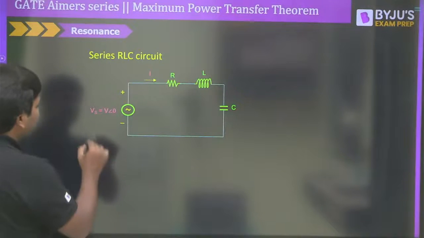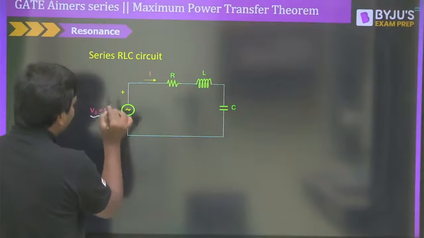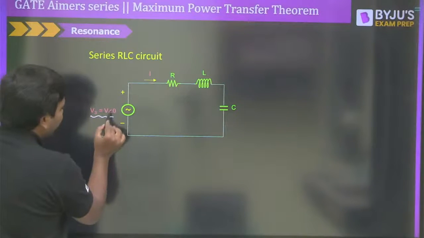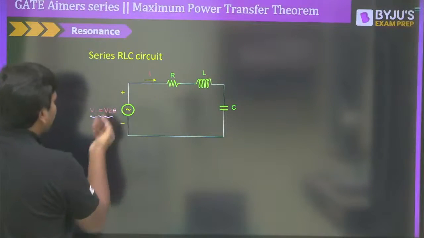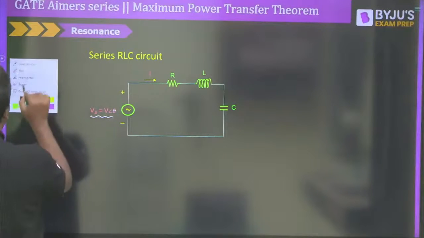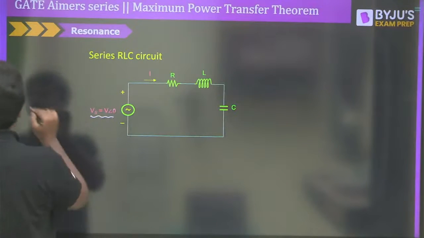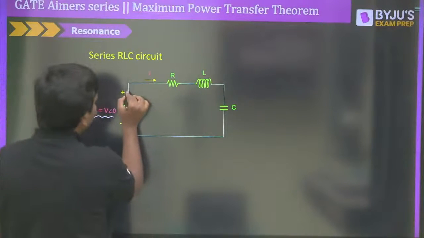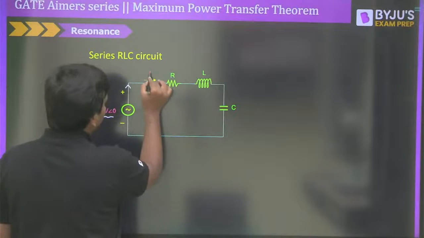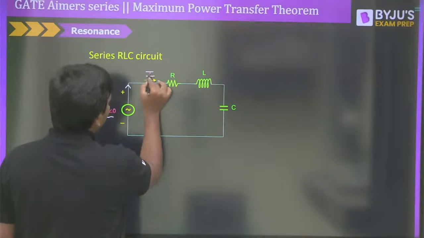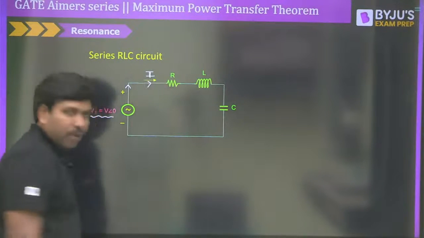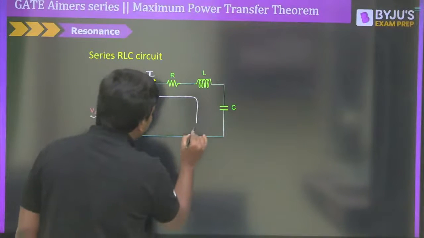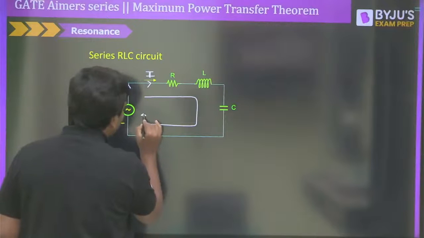So here you can see we have a sinusoidal voltage source. Of course, V stands for the RMS voltage at an angle of phase. Let us say it is taken as 0 for easy purposes. So V at an angle of 0. Now this particular voltage source is delivering the current capital I, and trust me, this is also the RMS value of the current. Now we all know that the current will circulate all the way in the loop and finally come back to the voltage source like this.